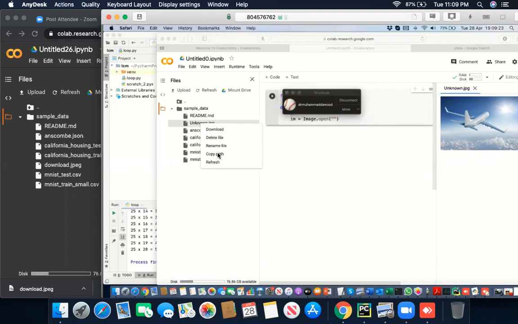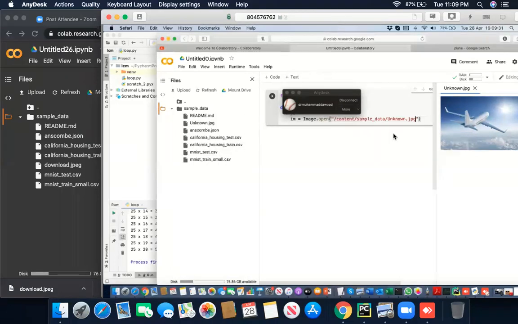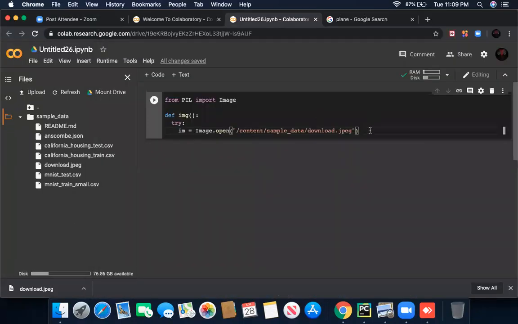Copy the path, and here you do command and V and it will do it. Okay, we are good to go.